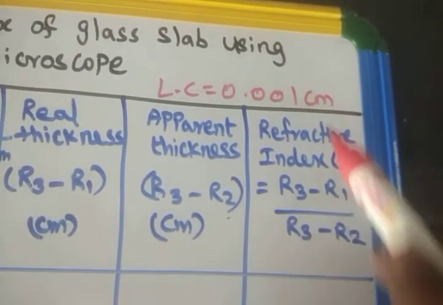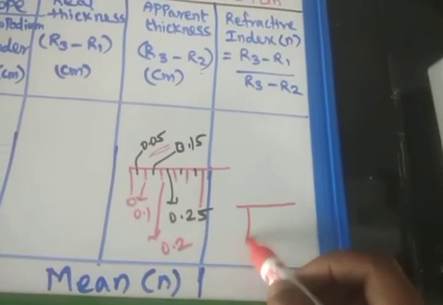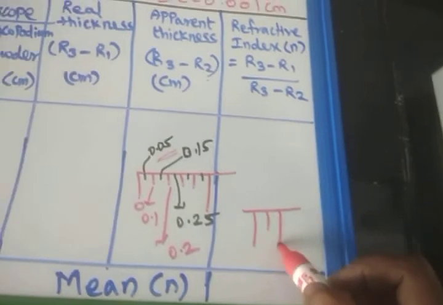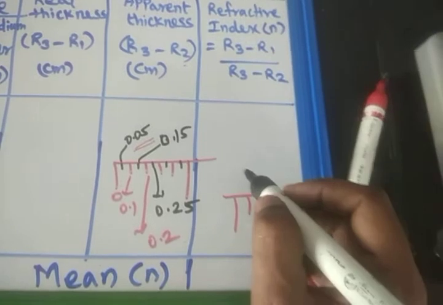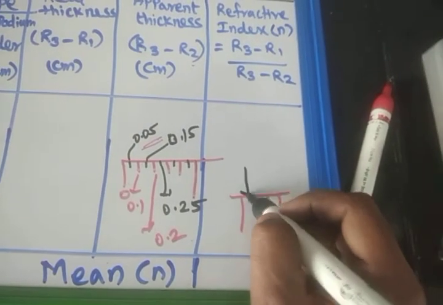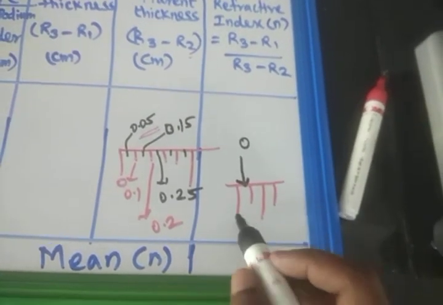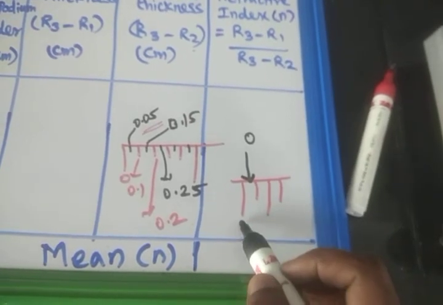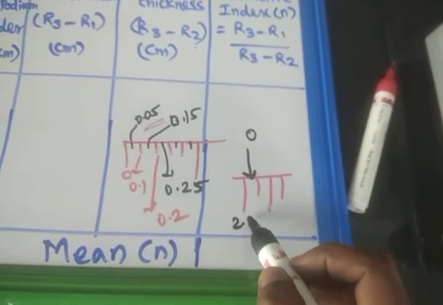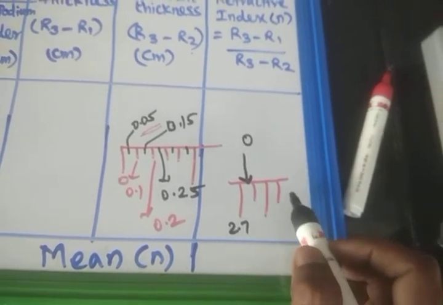That's why the least count is 0.001 centimeter. You should keep this in your mind. Whenever you are taking the reading, if there are two divisions like this, and the vernier scale 0 is exactly coinciding like this, it means the arrow mark is the 0 of the vernier scale, and this is the main scale. You have to see that the arrow is exactly nearer to this. This may be 2.7, that means it is 2.71, 2.72 likewise.